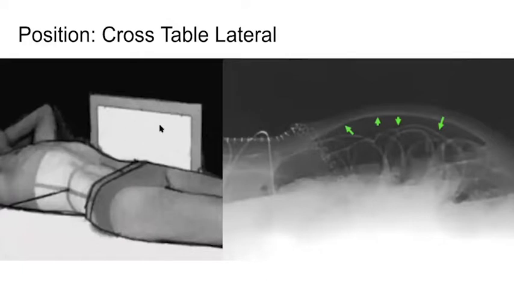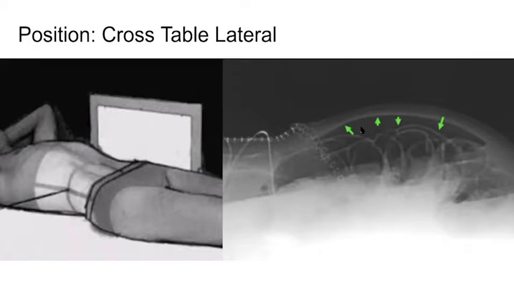This is a cross-table lateral. This is the detector. The beam is coming towards the patient from the side. This is an example of a cross-table lateral image. And we see there's lucency, this dark density, and this is the density of air. And we see the lining of the small bowel, and we see air on both sides. This is called a Rigler sign, and this is consistent with free